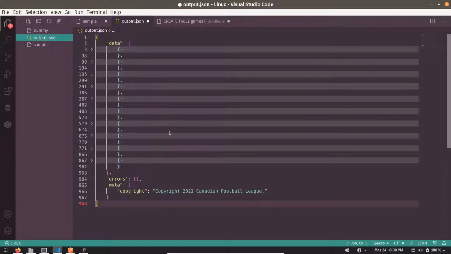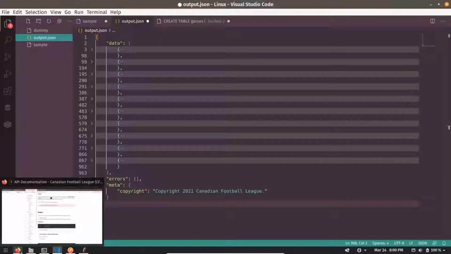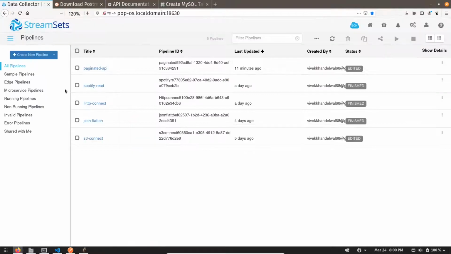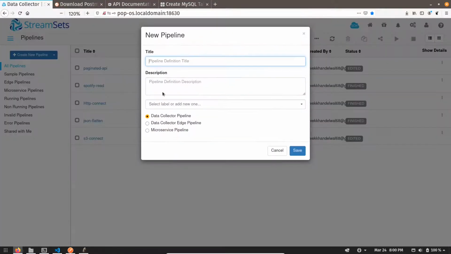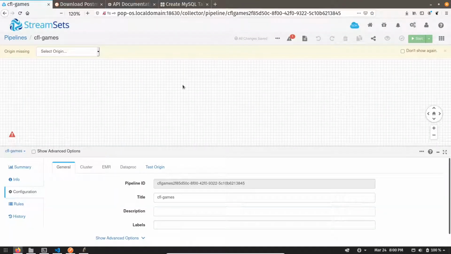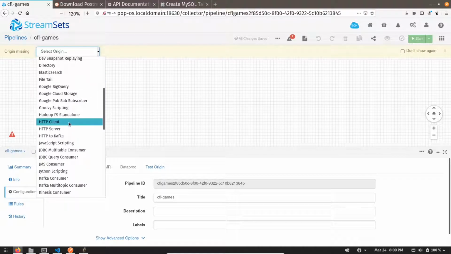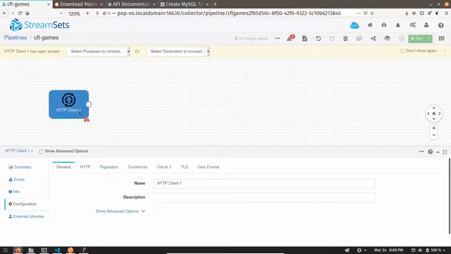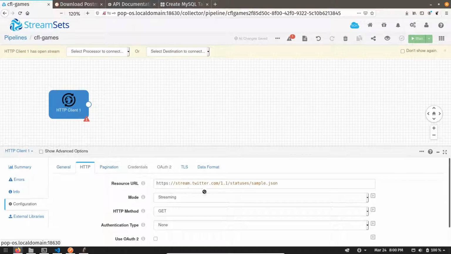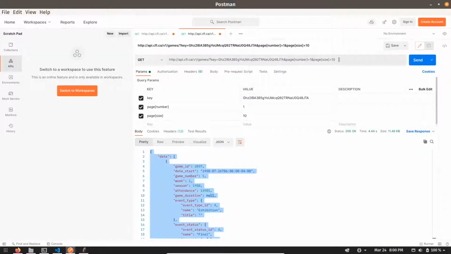Now let's see how we can implement the same approach inside StreamSets. Go to the Data Collector, click on create new pipeline, and give it a name. Now select HTTP Client. Go to the HTTP tab and copy the same link over here.